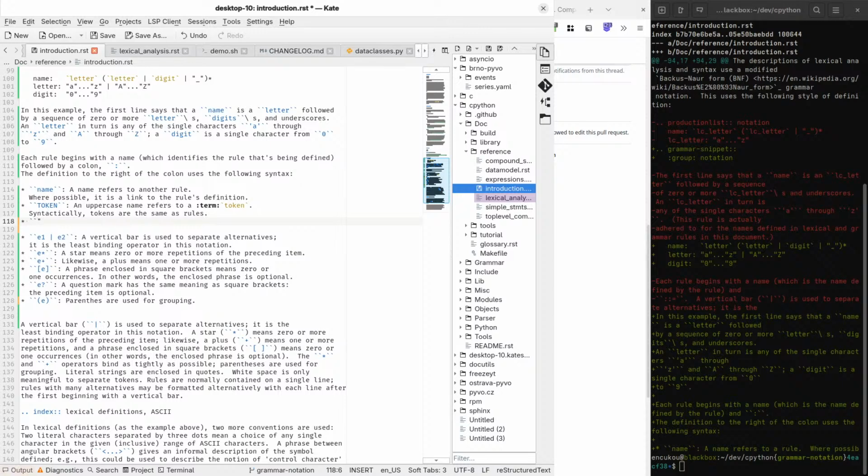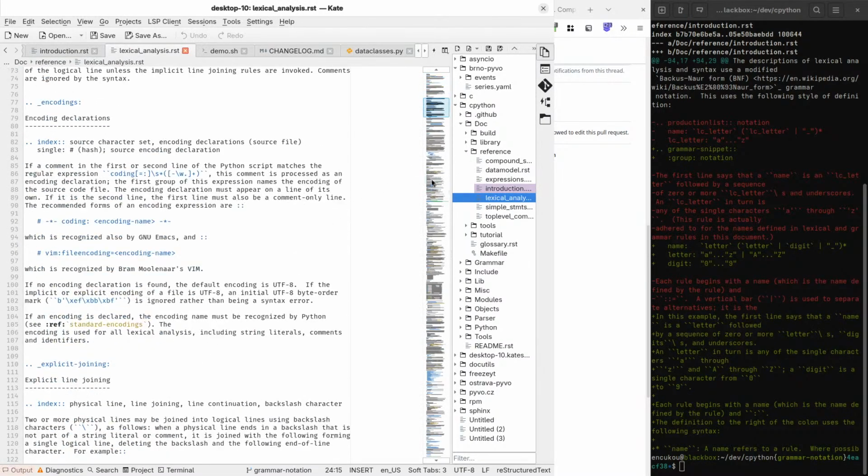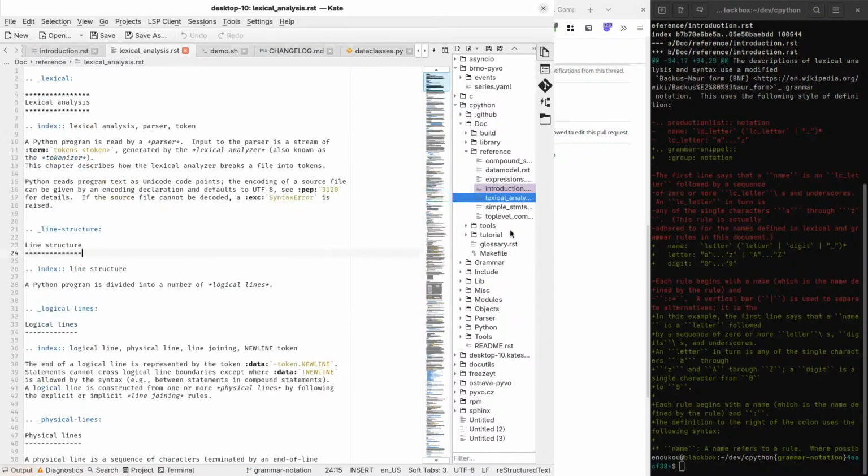Here I want to say, so symbols, I think we programmer.